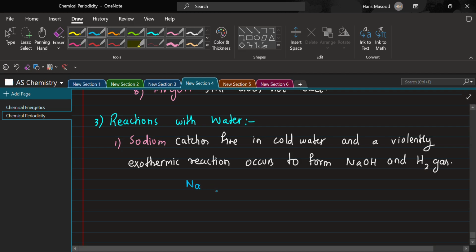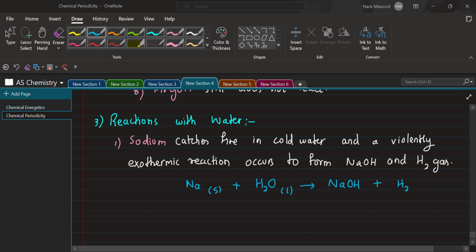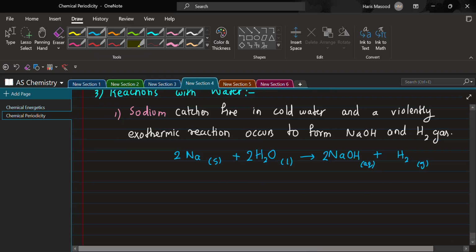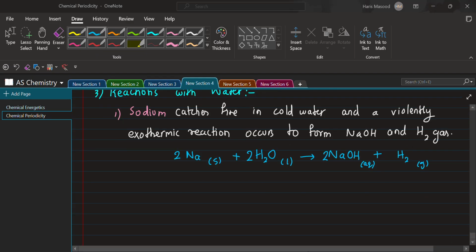Equation is quite simple. You have Na solid, then H2O, NaOH and H2 gas. This will be the aqueous solution, and if we balance it out, okay, now it's balanced. Now for the magnesium,